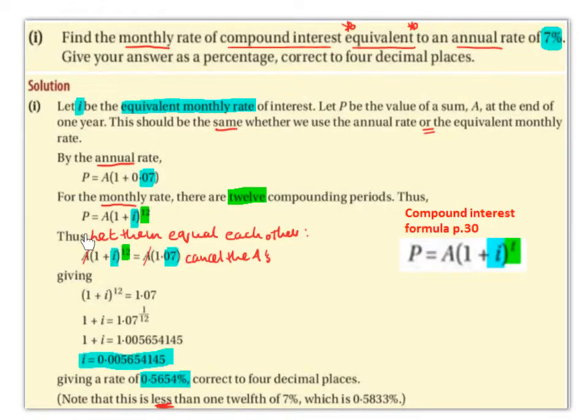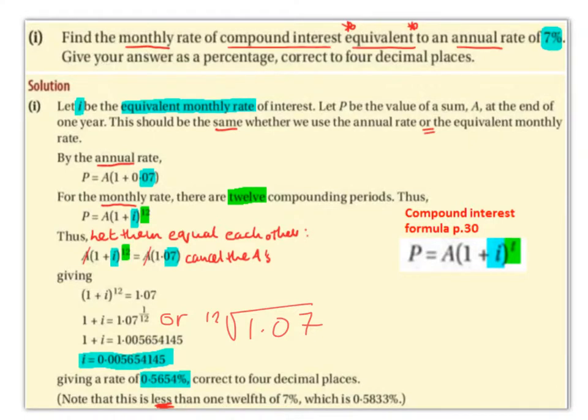We can cancel out the A's. There is an A on either side. So we're left with (1 plus i) to the power 12 is equal to 1.07. The power 12 comes over the equal sign and becomes the power of a 12th, or that can be written as the 12th root of 1.07, which gives us the same thing. So 1.07 to the power 1/12, or the 12th root of 1.07, is